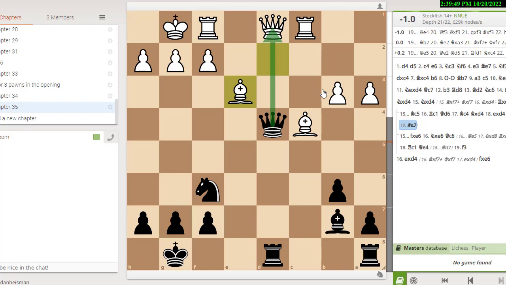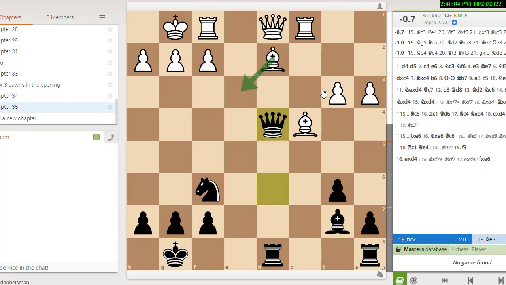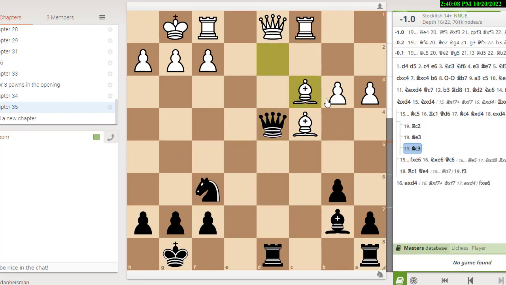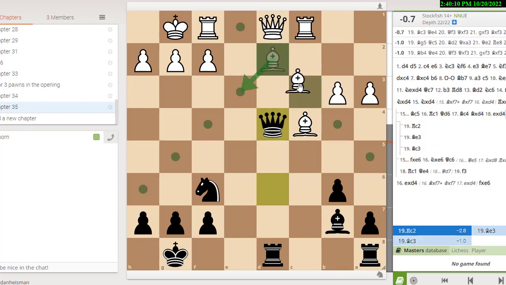The answer is, well, some positions, like if you're down in material, you don't want to make trades. But here, white's not down in material. He might be less in the evaluation after queen to e4 threatening mate, but he's not down in material. So, I guess the engine likes this move better because of the mate threats. But the point is, he wants to just move the bishop.